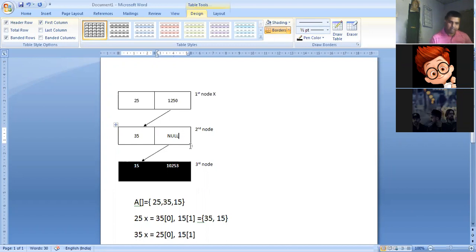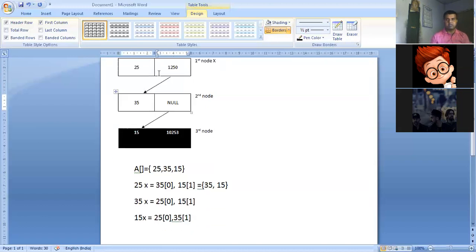Okay, so again you can see that my values are not shifting. My nodes are not shifting, the only changes that are occurring are at the end, my memory addresses are changing, because with the virtue of the memory address, we are connecting one node with the other. So this is actually the concept that you have to understand.